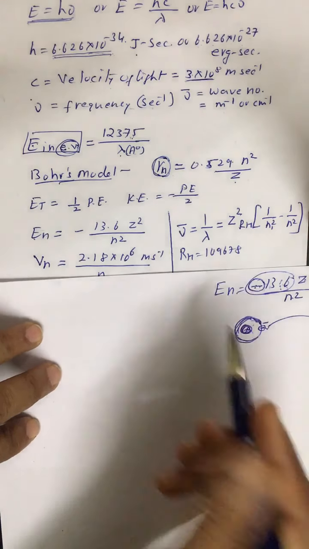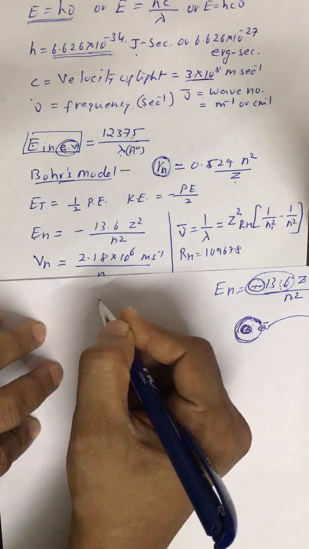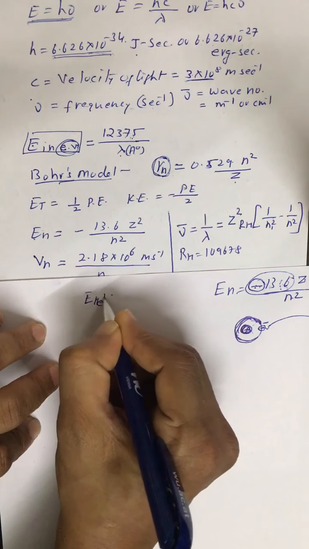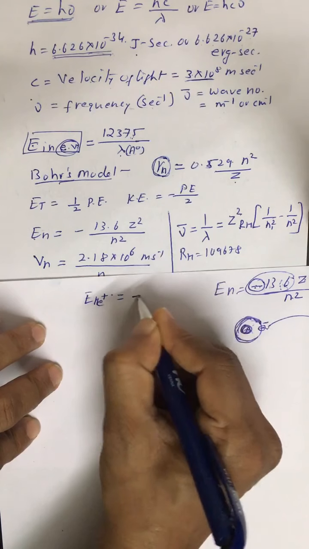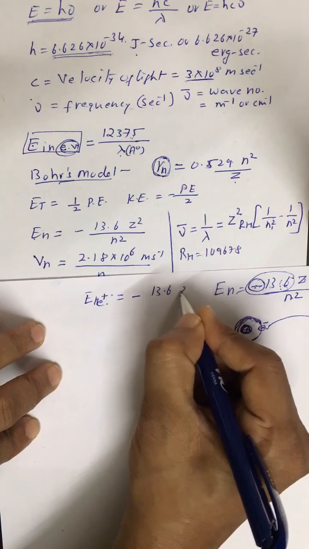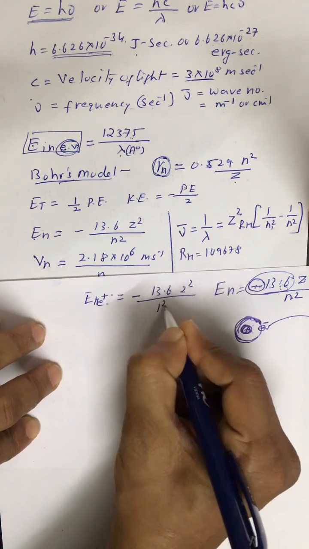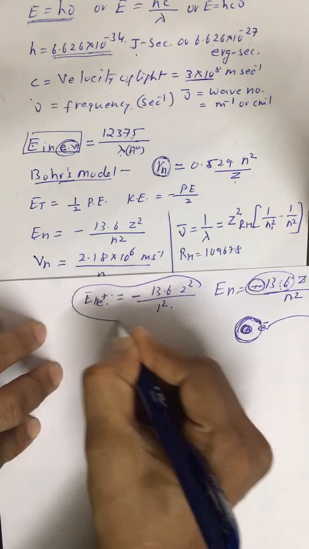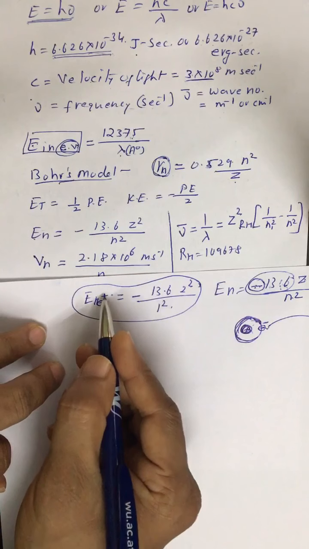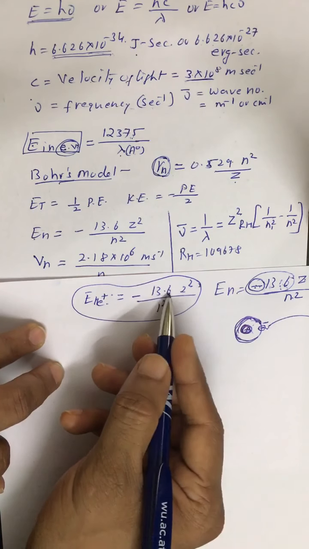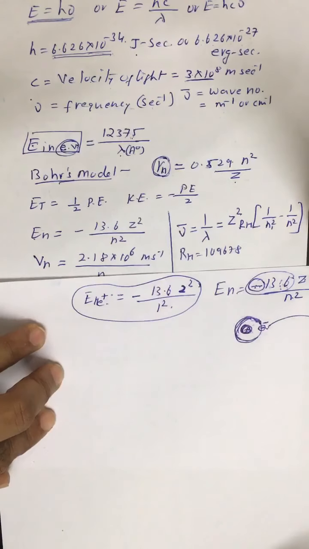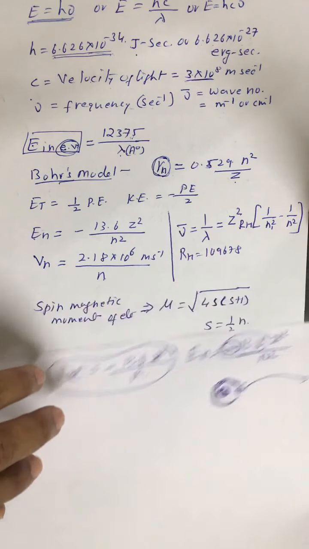And suppose you want to calculate the energy of helium positive, then it is minus 13.6 into Z square, the atomic number, that is 2 the square, divided by 1 the square. So this will be the energy needed to remove the electron, that is the second electron from helium. So it is 2 the square, that is 4 into 13.6. Is this all right?